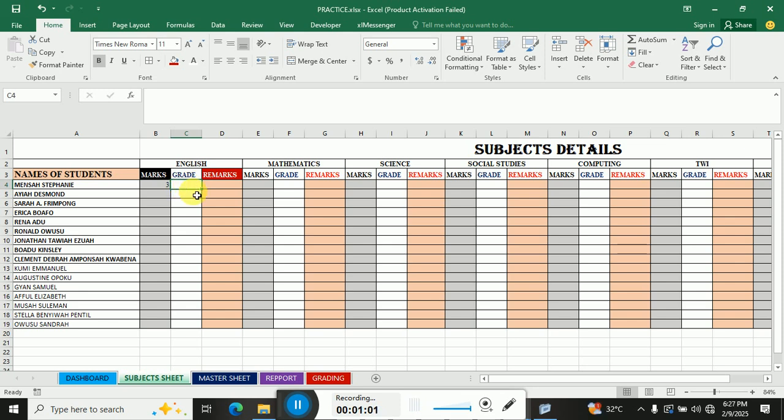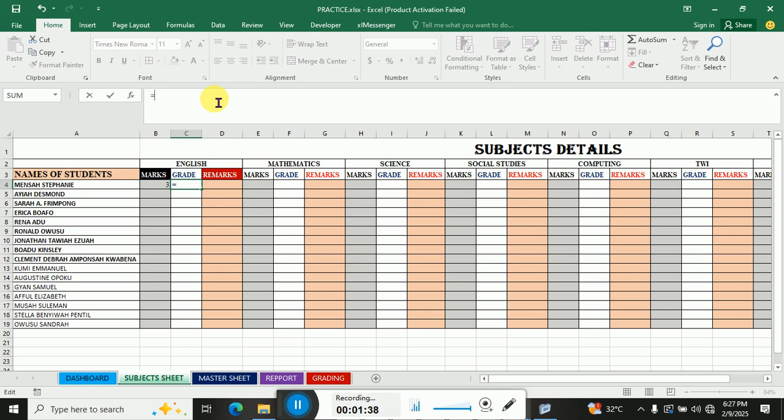So, what you have to do is that please make sure you sample some names over here and then sample some marks over here and all that. Or just sample one mark over here. Okay. What you're going to do is that you just have to click in the cell where you want the grade of the student to appear. Just click there. Then when you click there, you just have to come to the formula bar and then click, type equal to in Excel,